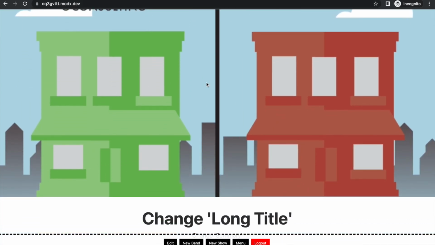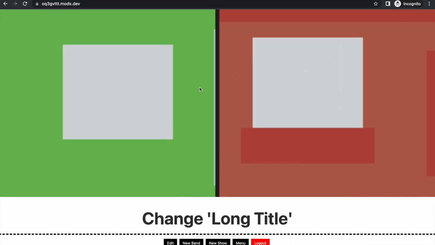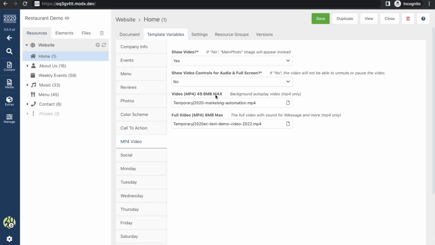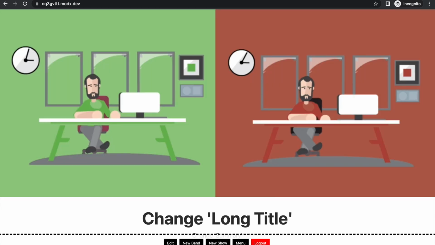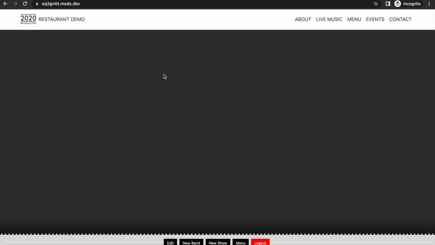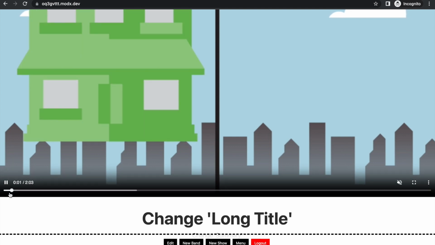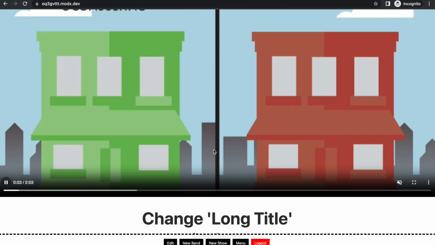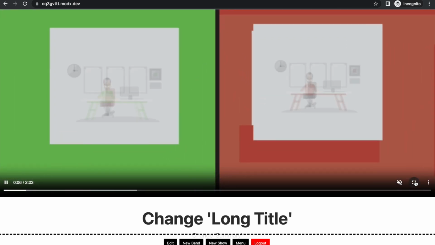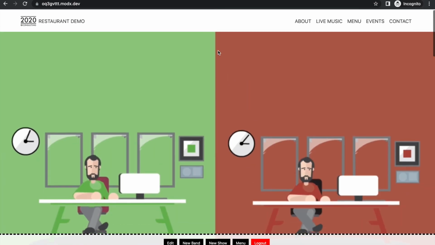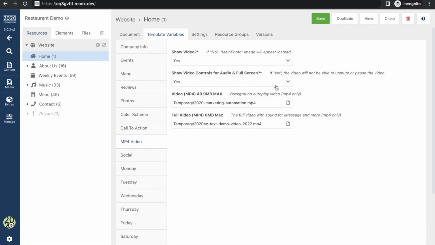All right, so here you can't pause it, you can't turn the volume up, you can't do anything, and that is because we have the controls off. So if I turn that on, hit save, and do another refresh, then you can see here it's buffering. I can hit pause. I can turn sound on. I can do full screen and so forth. So usually my personal opinion is to not have those, but that's entirely up to you.